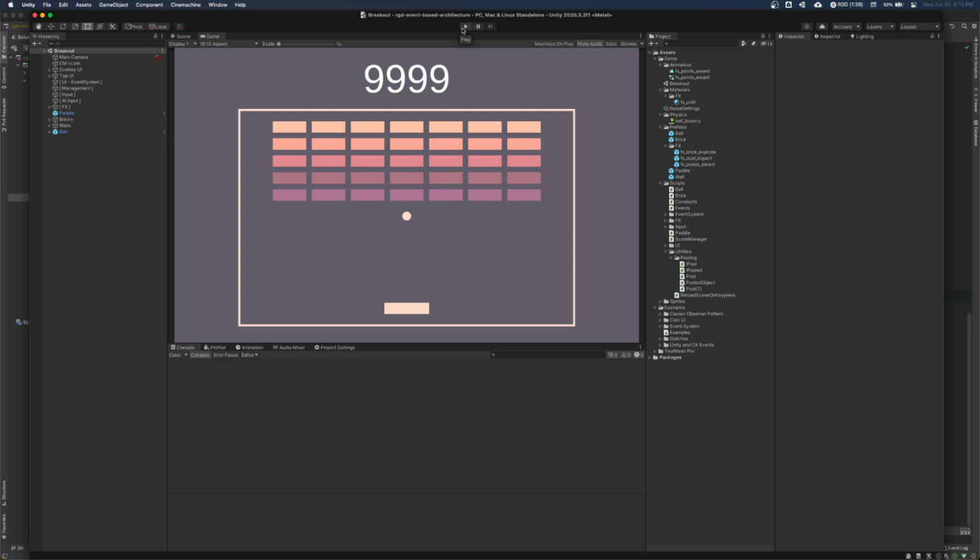Okay, so as a final example, let's say your designer comes to you exasperated and says, we still don't feel like there's enough for the players here. We want to add a new feature. Hopefully it doesn't take too long because I know we're running out of budget. So we want to add a combo to this game. Whenever a brick is broken, for every brick that's broken before the ball touches the paddle again, we want the combo to be increased. And so we want a combo reward for every brick broken in sequence, right? So first one 50, next one 100, 150, so on.